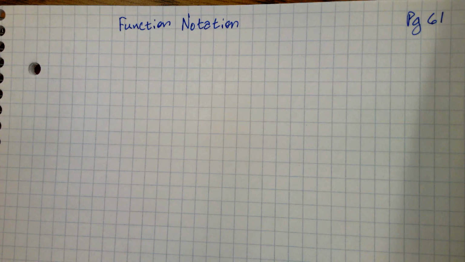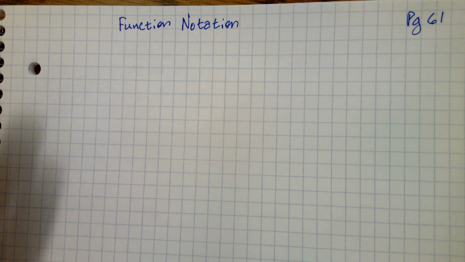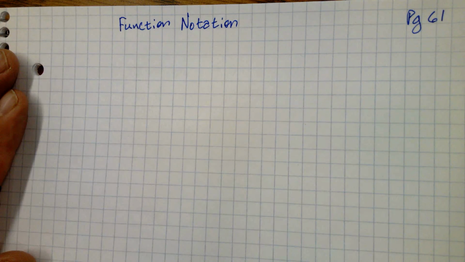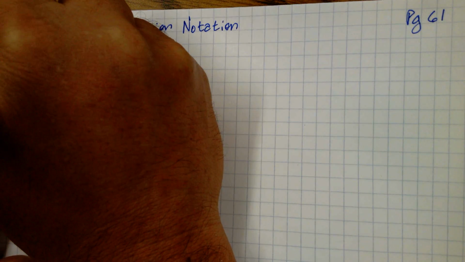So scientific notation is just a form of expressing functions. Once we know we have a function, a rule that applies one input to every output, basically that's what a function is. When we have such a rule, we can write it in function notation. Okay? So let's write this down. Function notation